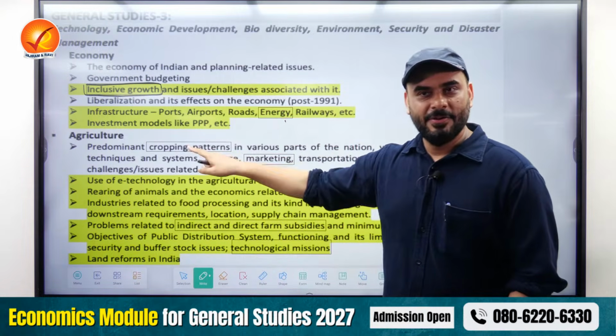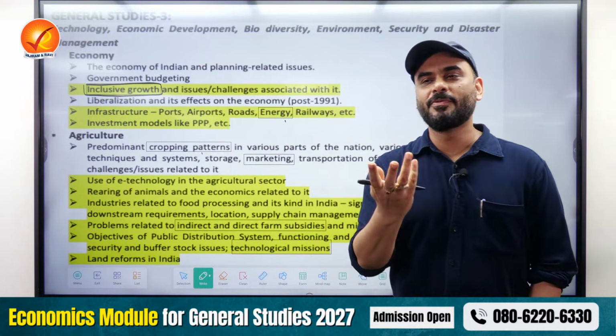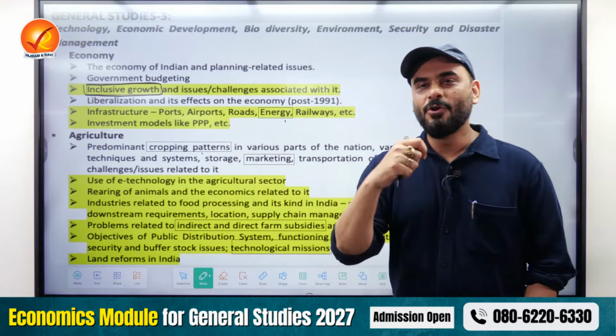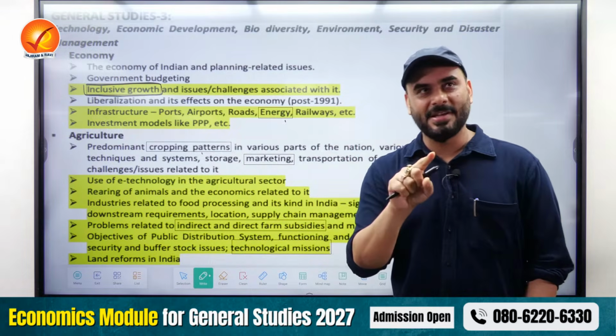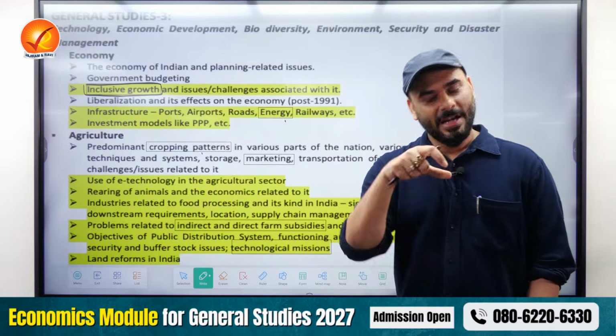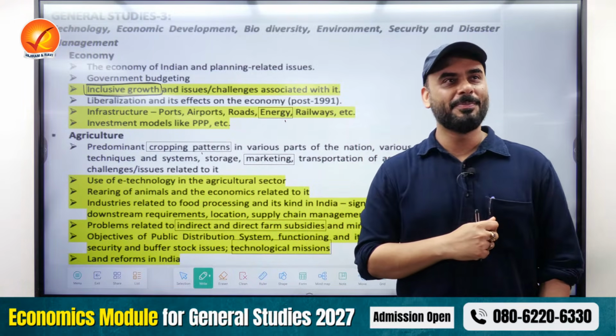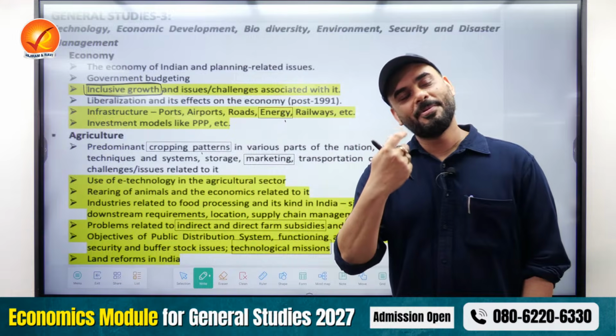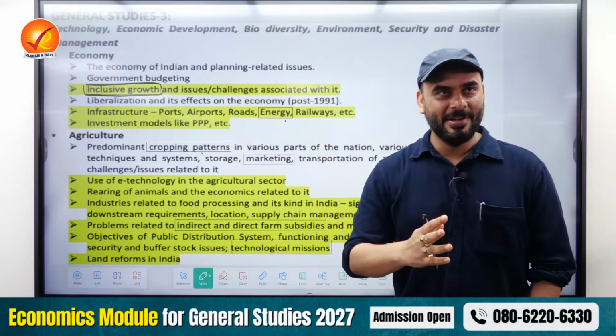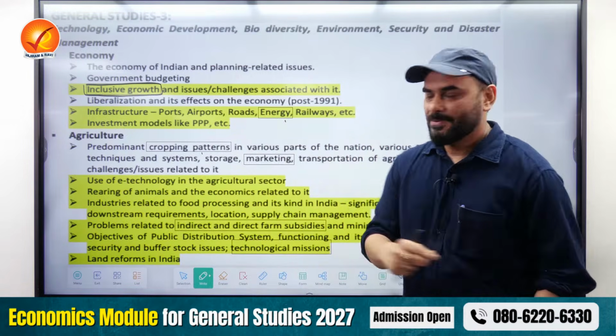Cropping patterns, which means that in India, we grow only one type of crop after the Green Revolution. We have not gone for diversification. And you understand, when you grow only one type of crop, it will extract the same nutrients and lead to an imbalance in nutrients. Just say, when you prepare for UPSC, suppose you prepare only one subject the whole day for one year, what will happen? Your preparation will not be balanced. The same thing has happened to India.